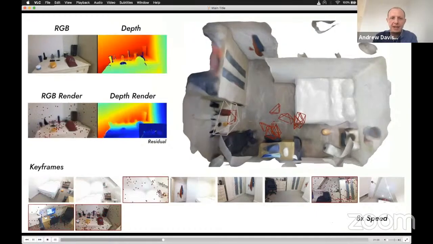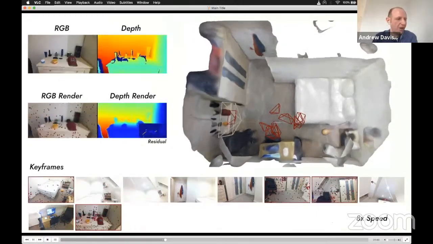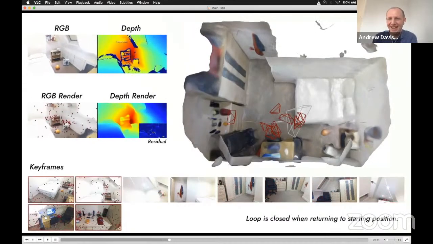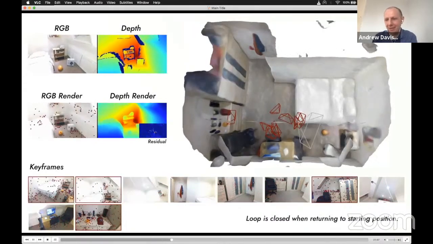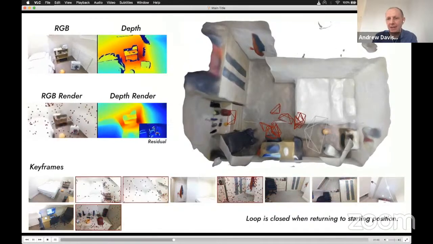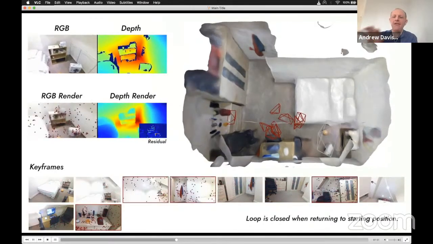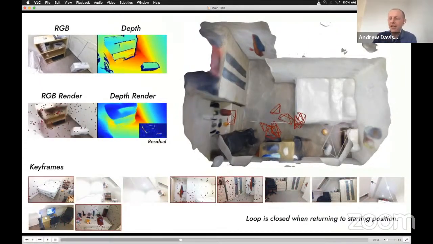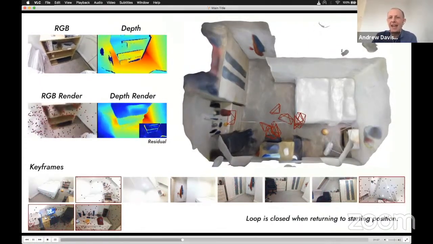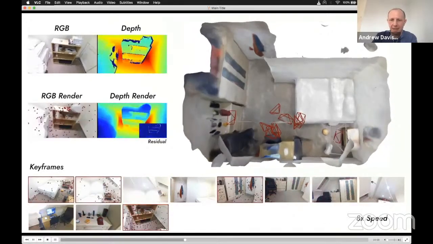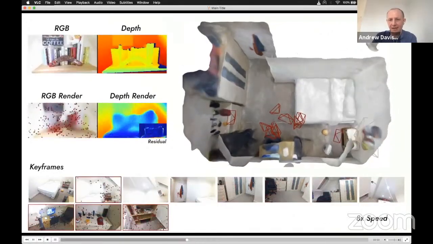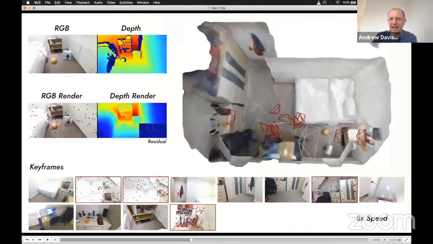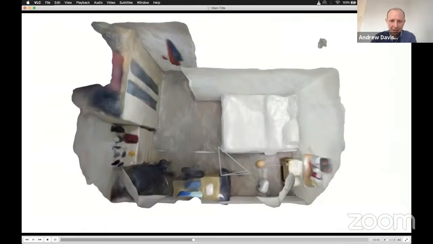And the way that we do that is to use a keyframe structure, which, if you know your SLAM history, reminds me very much of PTAM, and we were inspired by that. So PTAM used a set of keyframes in a scene to represent the parts of the scene that you're interested in. And then there would be two threads in PTAM, one which is tracking the camera, and one which is jointly optimizing the map representation and the set of keyframes.